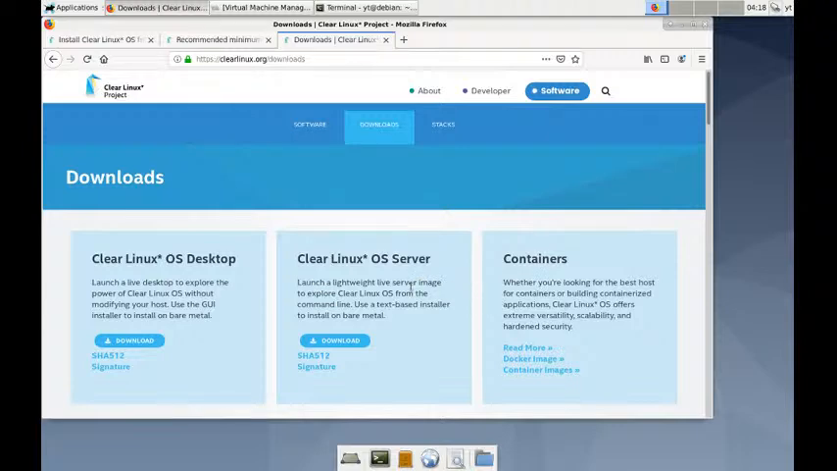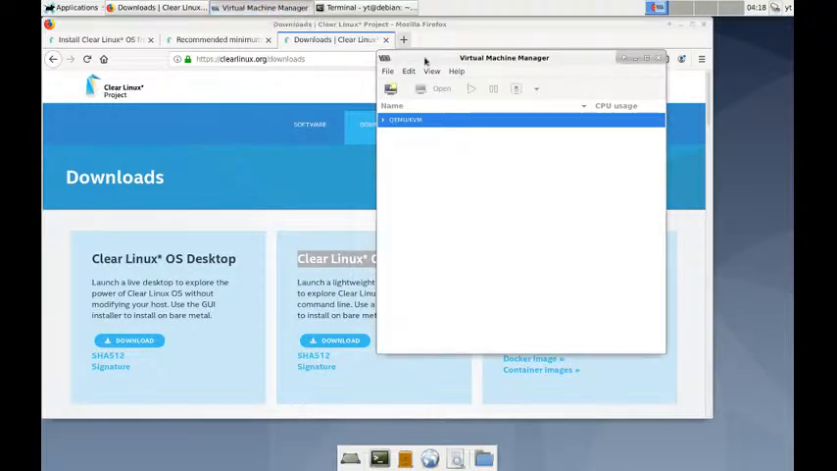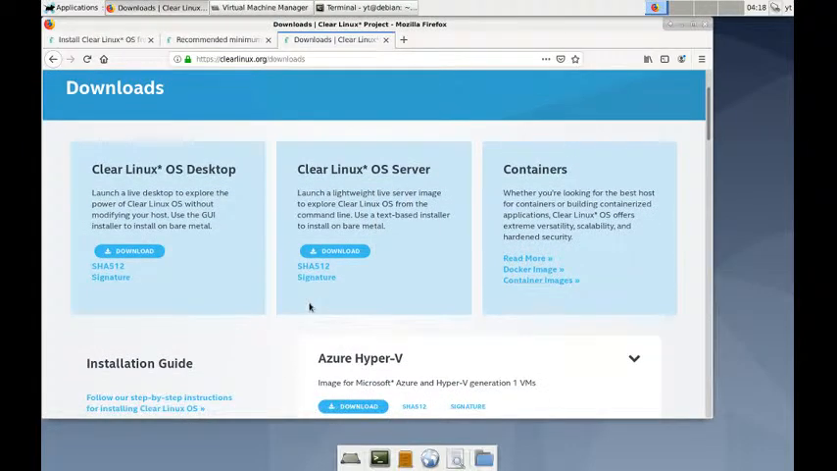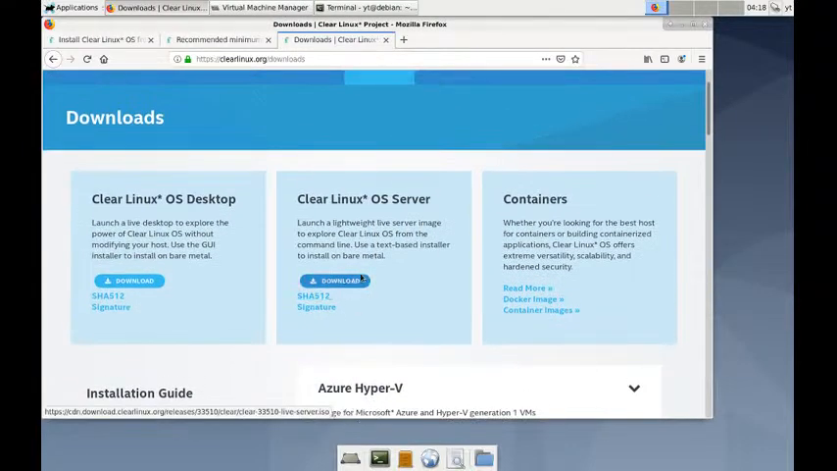So I'm going to do the installation of Clear Linux OS Server, and for this I will be using KVM Virtual Machine Manager. I already downloaded this ISO image, and